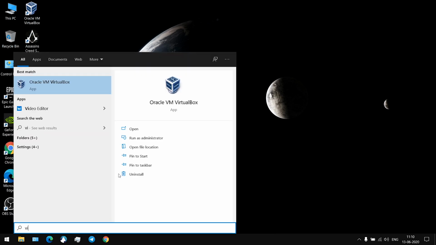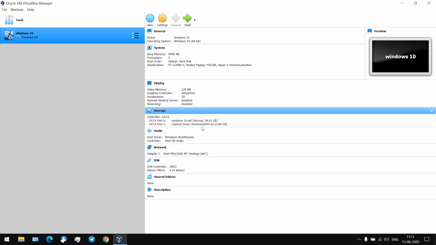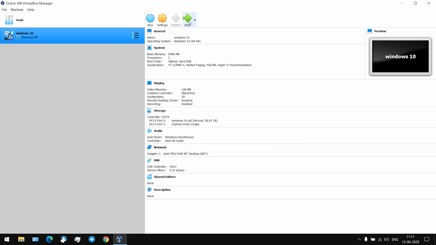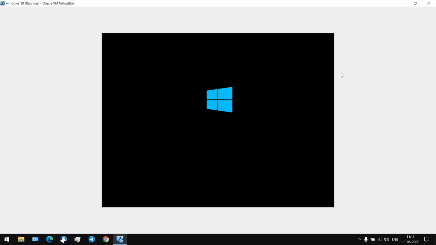Let me open that. If you are booting again from the pen drive, change the boot sequence, or you can remove the pen drive and boot. So I'm going to remove this ISO file and start again. As you can see, now it is loading.